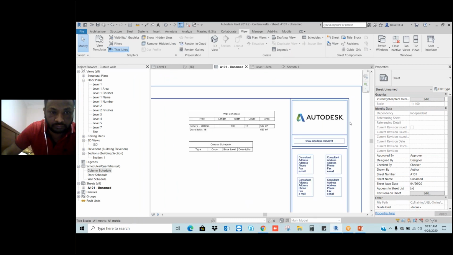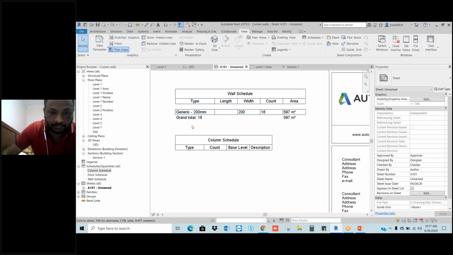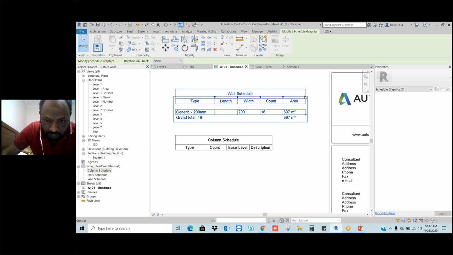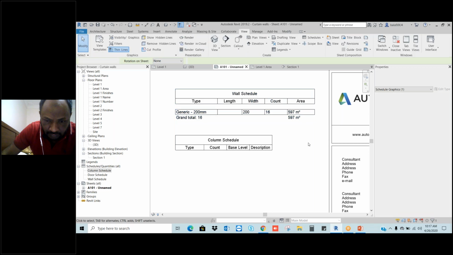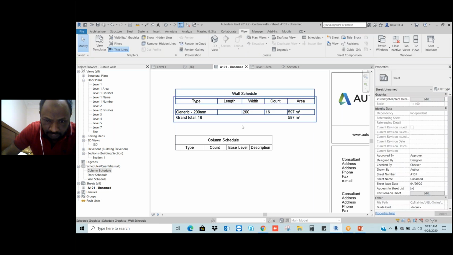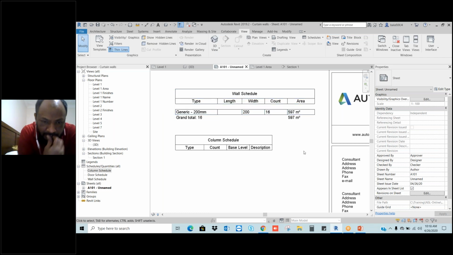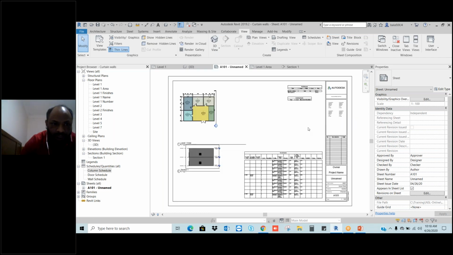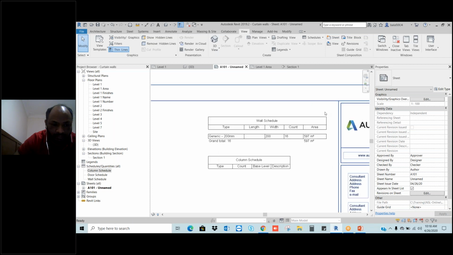Let's say, for example, I'm taking the wall schedule. In the wall, I have the generic 200 mm. This total count is the total area of the walls. Let's say, for example, if you want to adjust the width of the columns, you can adjust. And in the same schedule, I don't want to see one gap line between these and these. Okay, cosmetic kind of thing. Workflow is clear. We are creating the sheets in the process of doing our exercise. Okay. Here I want to adjust this schedule first. I'm choosing just this schedule.